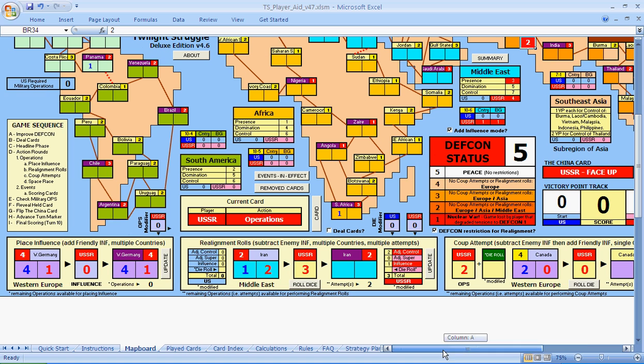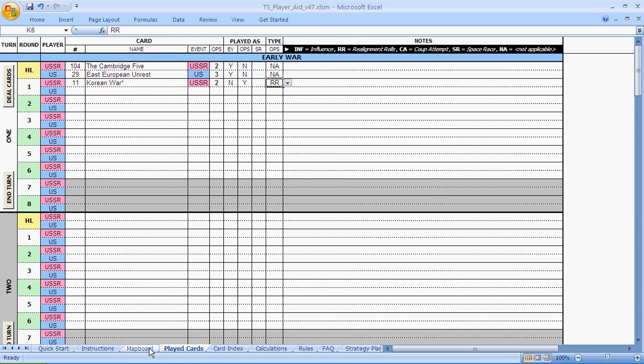One thing I didn't demonstrate is the modifiers. During the game, there are certain cards that may apply modifiers. In the case of influence, if a card is in effect, it will automatically add the modifier for a particular player's turn. You can also add them individually. In this case, it would bump up the value of either the operations or attempts that a player would have to perform. In the case of the Korean War,